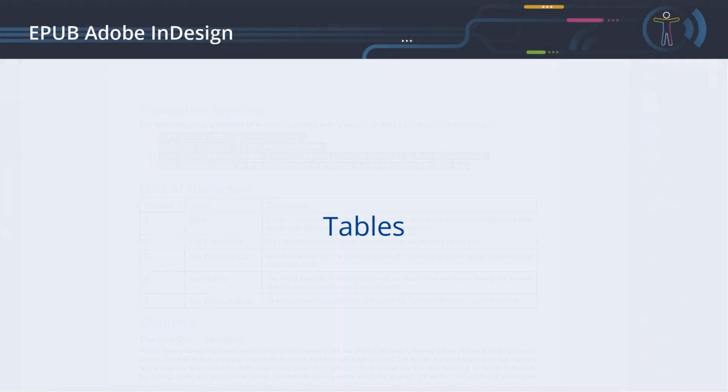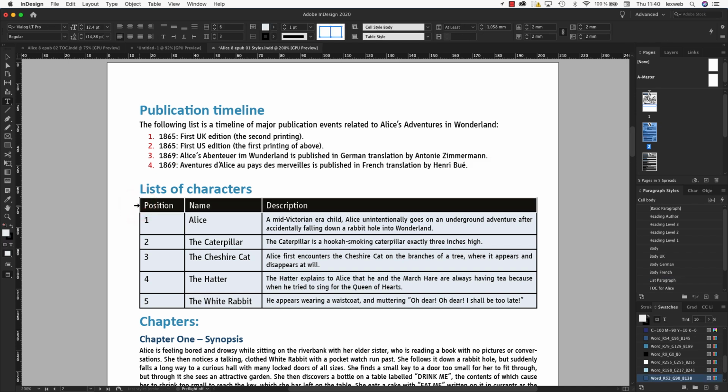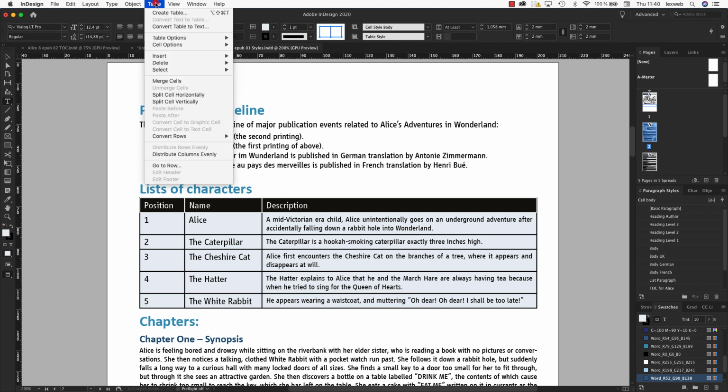Tables. In InDesign, you can easily create and modify tables. The first row of our example table is its header, which describes the type of content in all the data cells below. Table headers can be recognized by screen readers and presented as such to the user if the eBook Reader software supports it. There are two options for defining table headers.